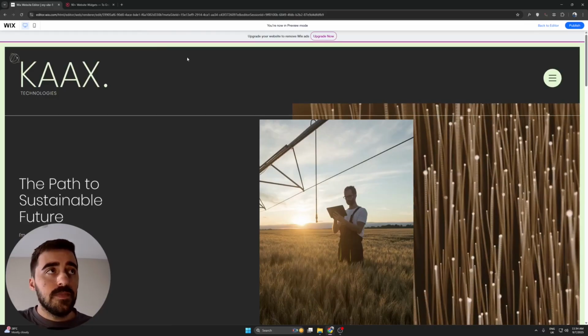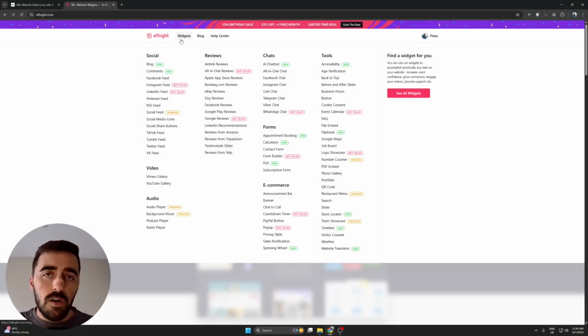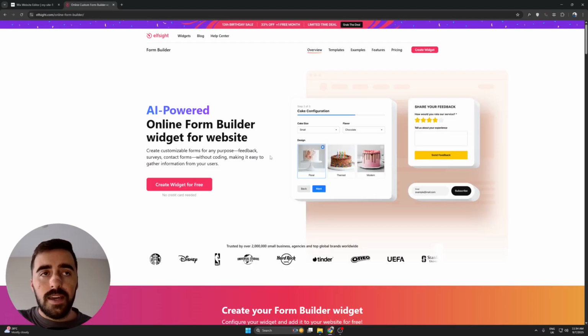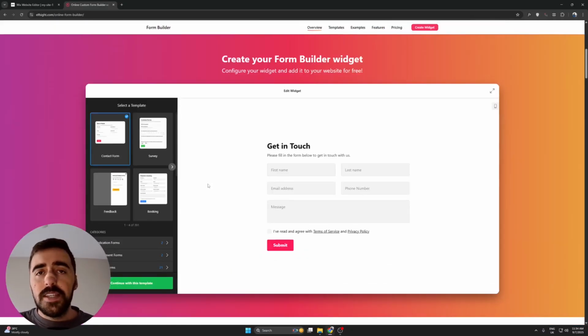Once you've clicked on the link, this is the page you're going to see. From here, go to the top of the page, where you will find this widget button. Simply hover over it, and you'll see this massive list of widgets that you can choose from. Focus on the forms section right here in the middle, and click on Form Builder right here. Then you'll be taken to the Form Builder widgets page. From here, click on Create Widget for free, and then you'll be taken down to the